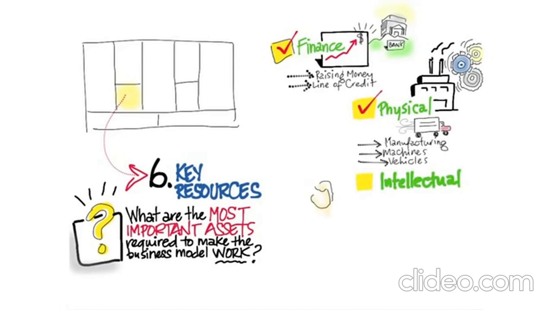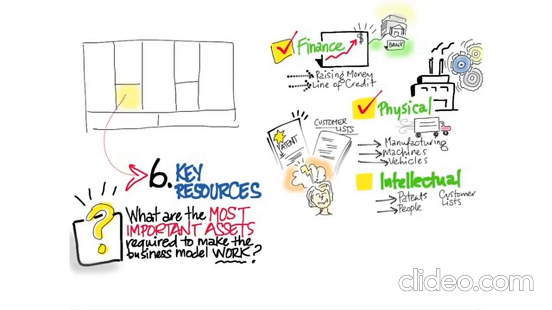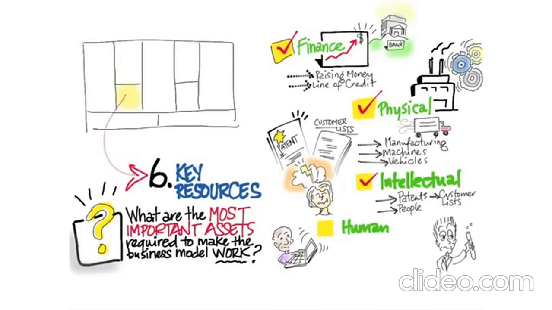Is there something else you need? Is there intellectual property you need? Is there patents you need to acquire or protect? Do you need to acquire customer lists? Or is it just that you need to get great people, great software programmers in a specific area, or great hardware designers, or great manufacturing people? And then finally, again, the interaction between intellectual and human capital, that's another key resource. What specifically do you need to do to keep these people, and who are they?